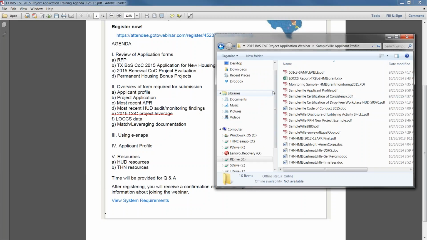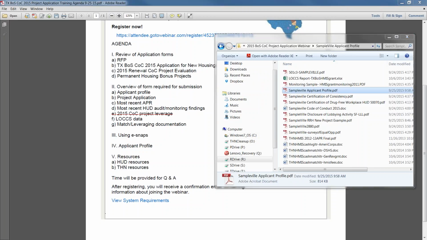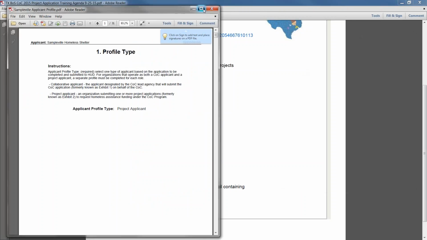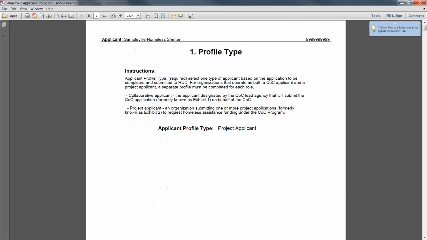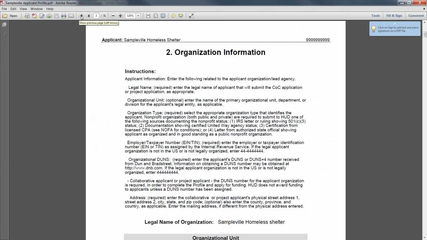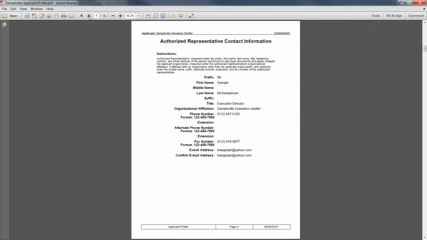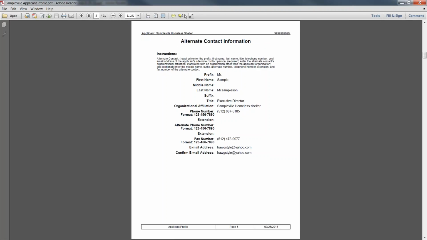Number 1 thing you'll send to us is the applicant profile for your project. Many of you probably recognize this. This is something that you create in eSnaps, and I'm going to go over how you create that in just a few minutes. But this is what the downloaded version of your eSnaps applicant profile looks like. And I'll go over the contents of that, but it's basically just your administrative information for your